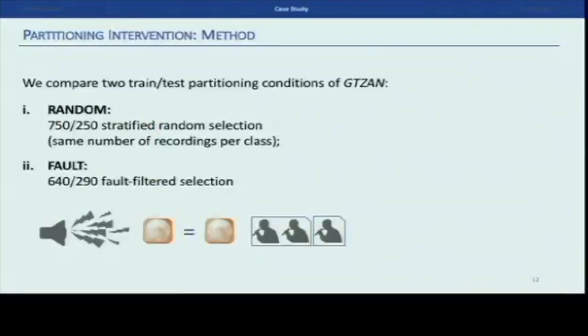To do so, we do what we call the partitioning intervention. We compare 2 ways of splitting the data set. The first of them, what we call random, is simply assigning at random 1,750 to train and 250 to testing. That resembles what is usually done and how it was done in the original publication. The second is what we call fault filter selection.